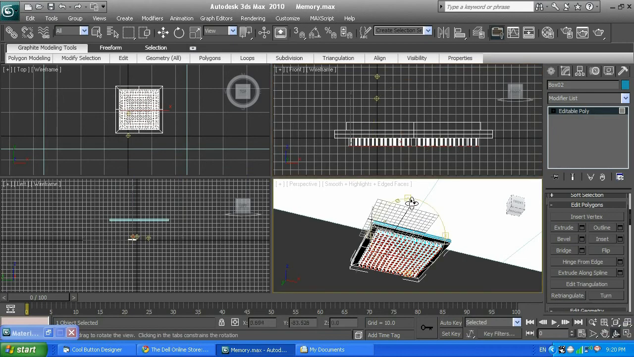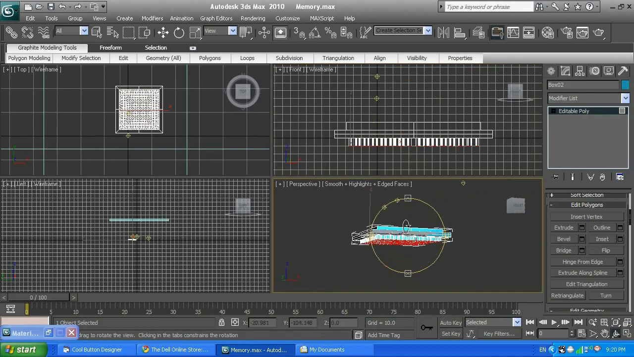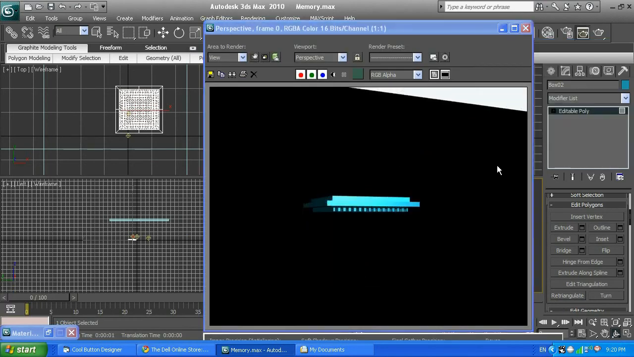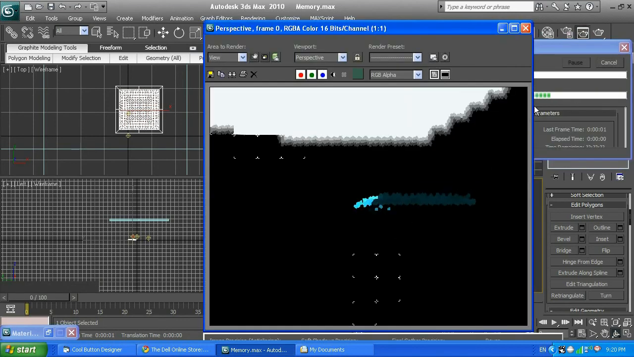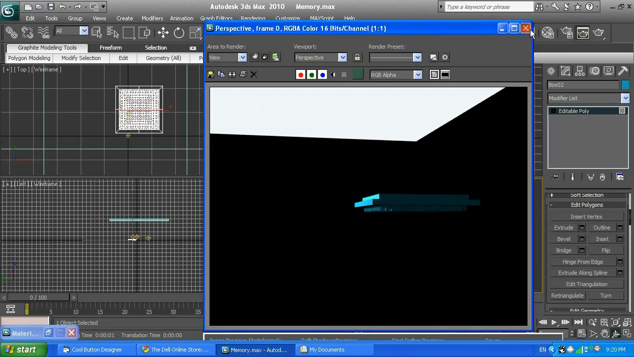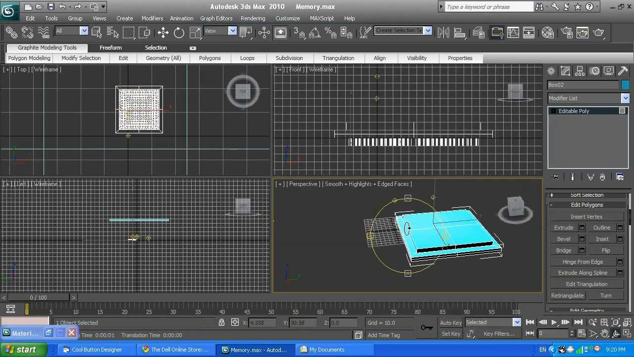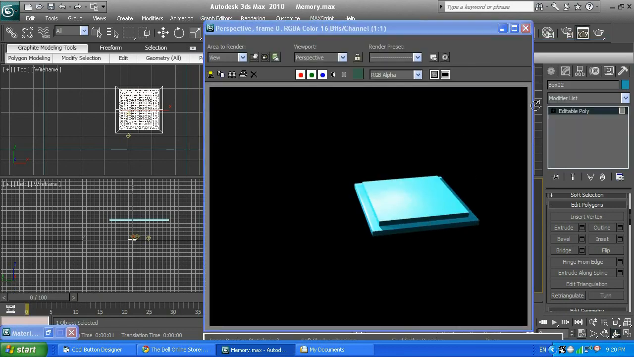Now I'm just going to go ahead and render it by F9, and I have my CPU with extruded legs, those pins, and now it's time to texture it, and it's ready to go. Okay, so I'm